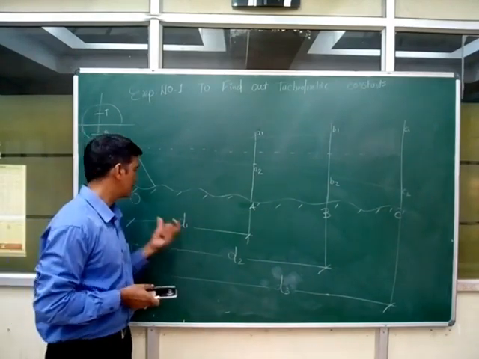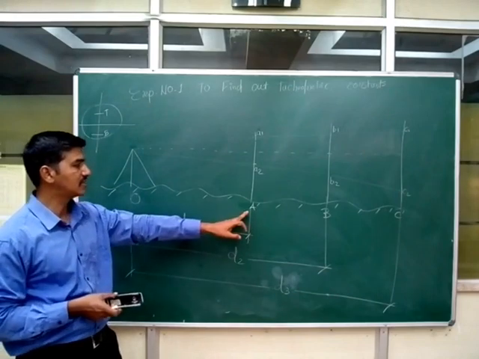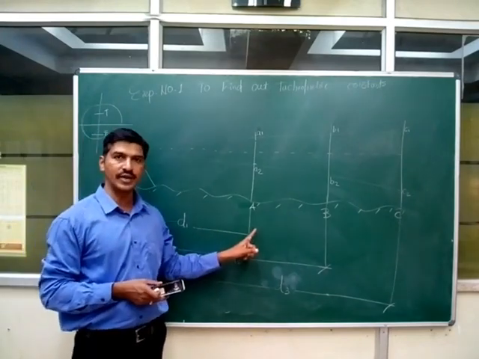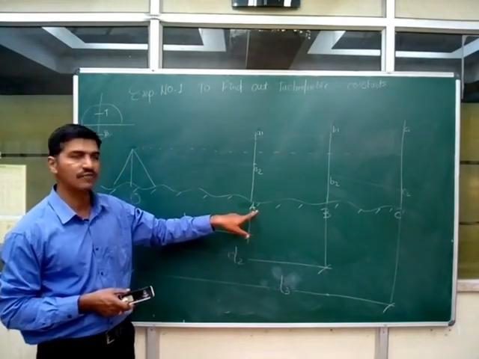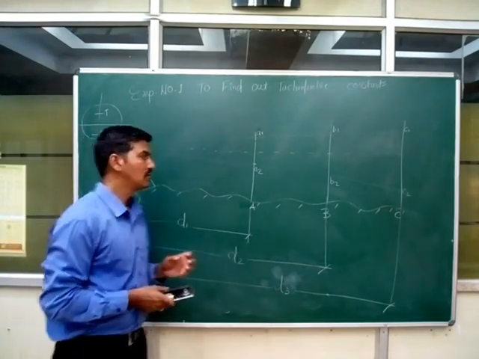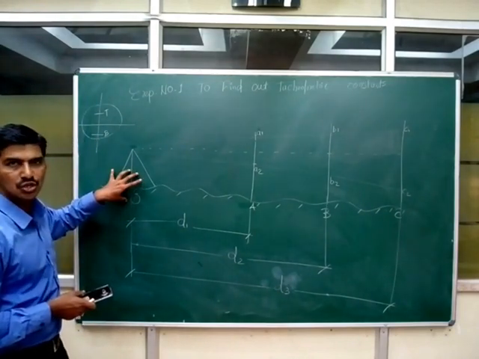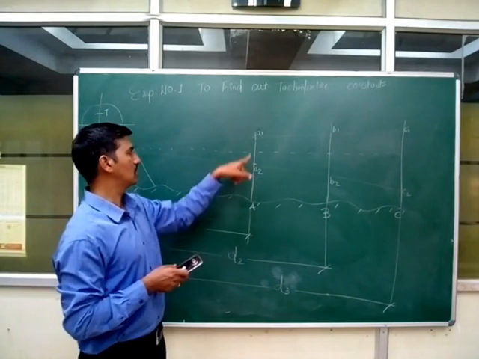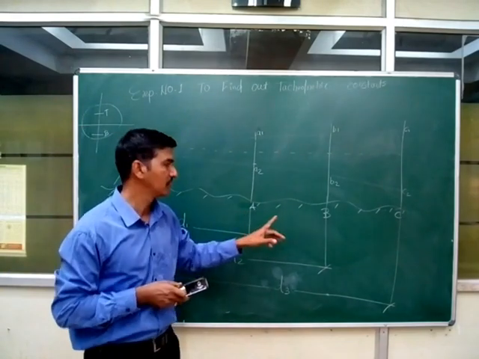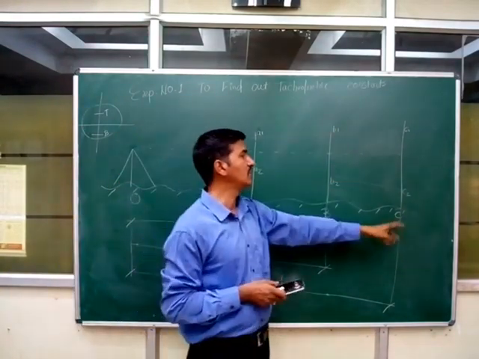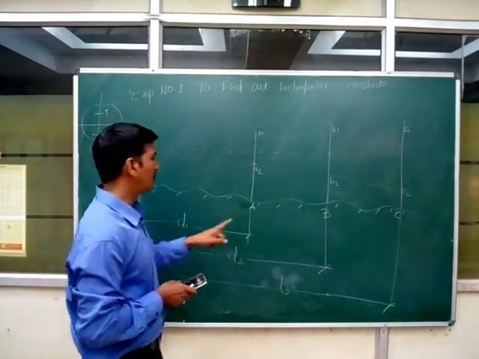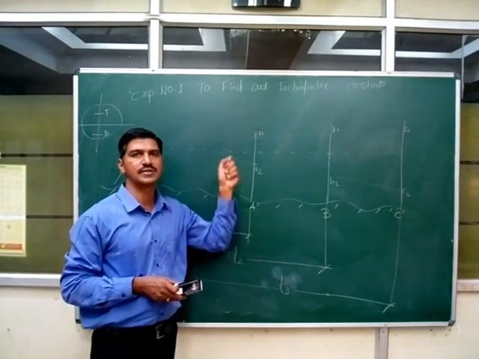One, keep the instrument on station O. Select 3 staff stations A, B and C. From O, by using chain or tape, find out the distance to the respective staff stations: D1, D2 and D3. Then keep the tachymeter on station O, and by using the top and bottom crosshair readings, note down a1, a2 for staff A, b1 and b2 for B, and c1 and c2 for C. So we'll go to the field and actually find all the 6 crosshair readings.